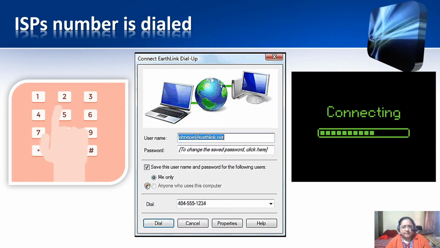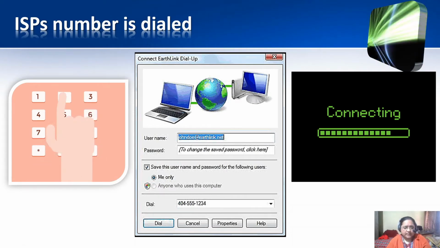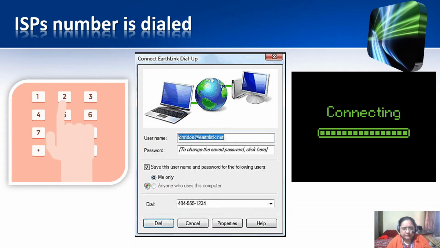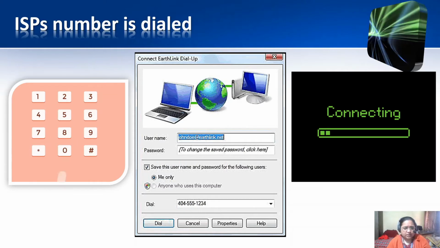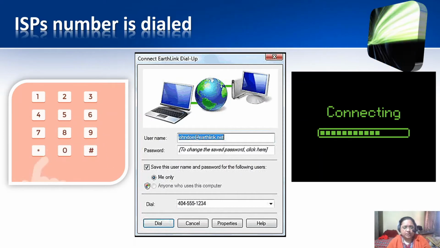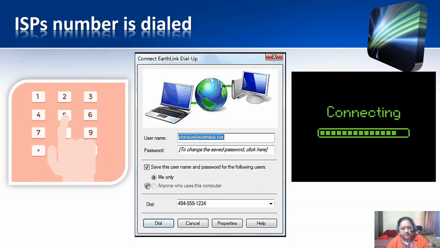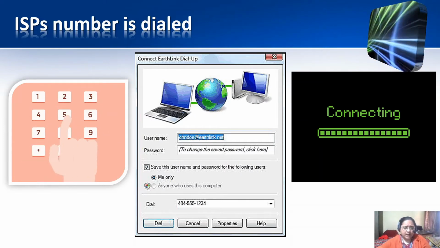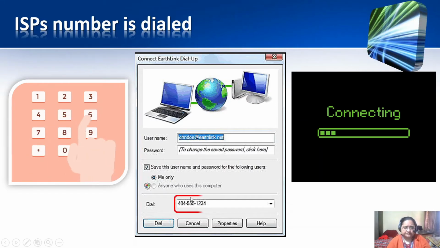So the ISP's number is dialed. The ISP would send some personnel to your house. During installation, the engineer would create a small new connection icon on your desktop and would configure the ISP's number here.